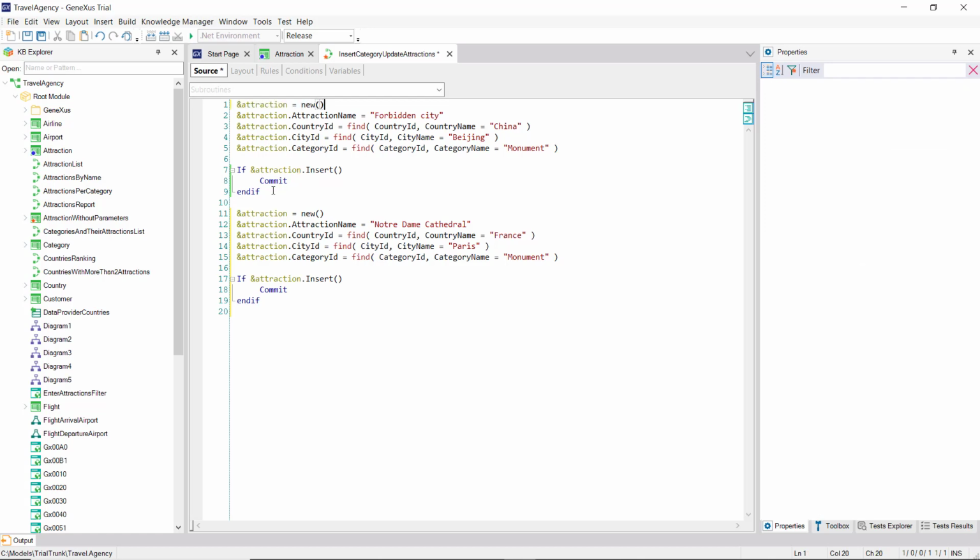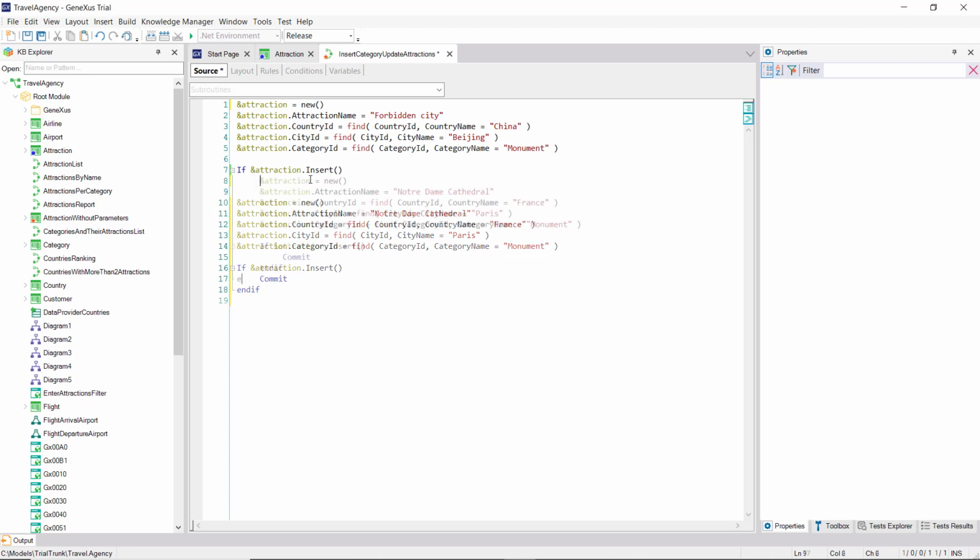Finally, before running it, note that in this case, we inserted the first attraction and we'll commit if that insertion was successful. Let's do the same with the second one, and commit. But we might want to commit only once, after we've inserted both attractions. Or, we could even try to insert the second attraction only if the first one was successful. For example, in that case, it would be like this.